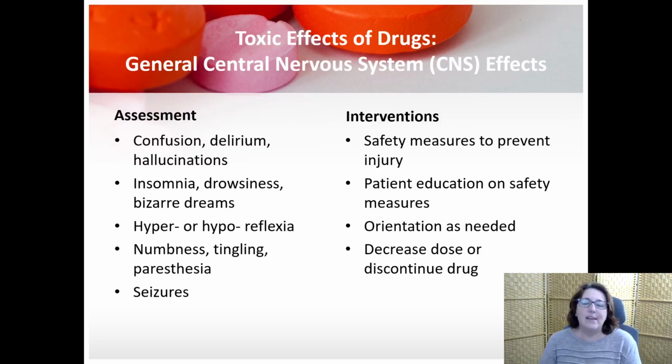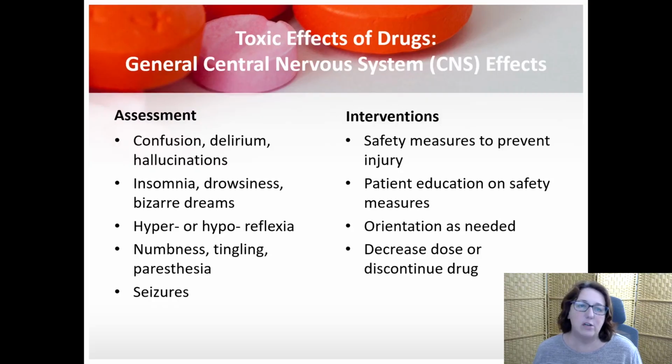So what we're going to be assessing for: confusion, delirium, hallucinations, insomnia, drowsiness, bizarre dreams. They can have hyper or hyporeflexia. So this would be overactive or underactive reflexes. Numbness, tingling, or paresthesia. Paresthesia is an abnormal sensation of the skin, often described as tingling or pins and needles,